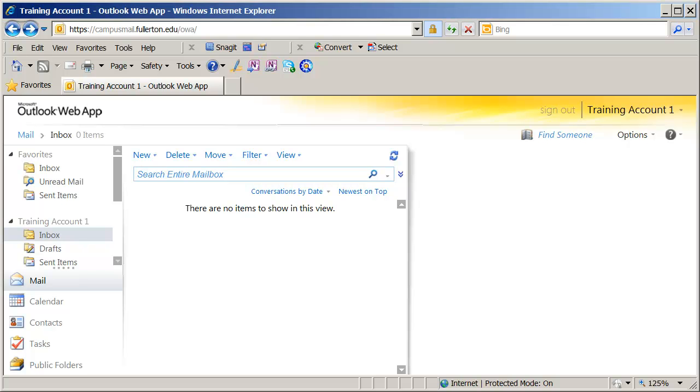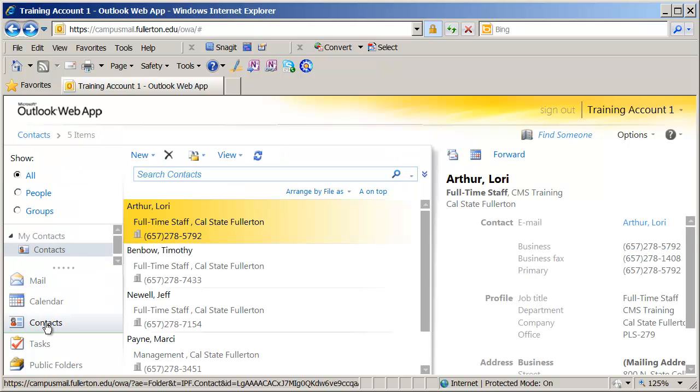Welcome back. In this video, I want to show you how to use the Contact Manager inside of the Outlook Anywhere application. You'll see here I've logged into Outlook Anywhere through the campus portal, and in your navigation pane over to the left, I've got my different major sections. If I click on Contacts, it will show me all the different contacts that are in my